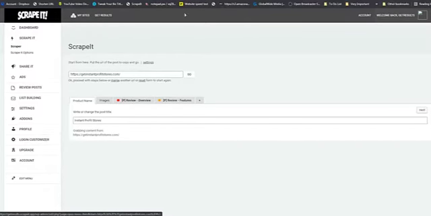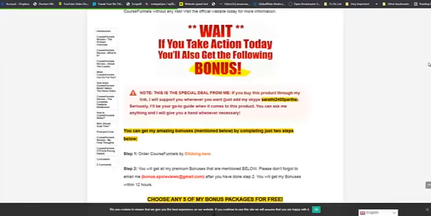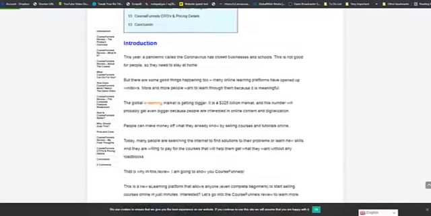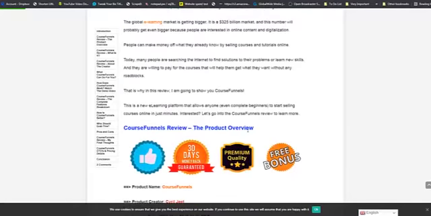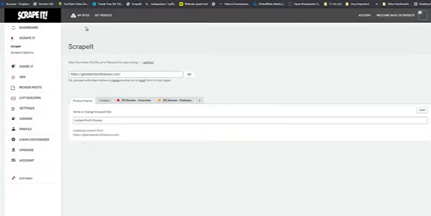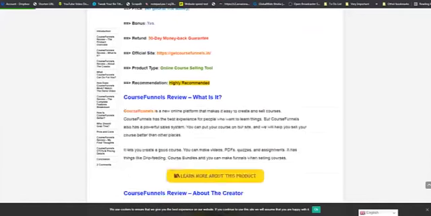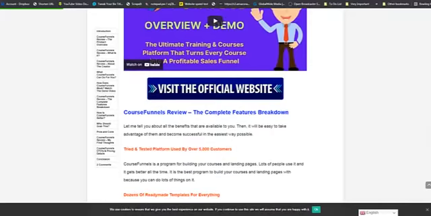There's an overview. If you remember, this guy had an overview tab right here on his site. You can see there's also the features tab. I know I skipped the images tab. I'm coming back to that shortly. You can see he also had a features breakdown tab right here,